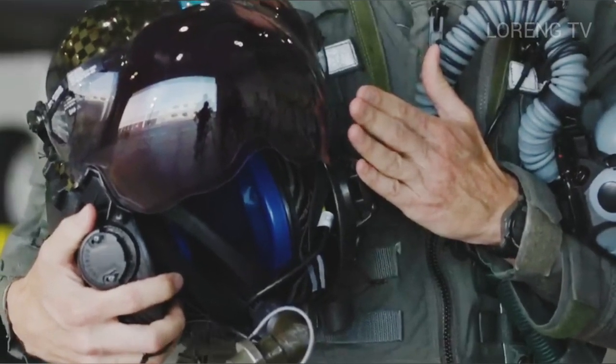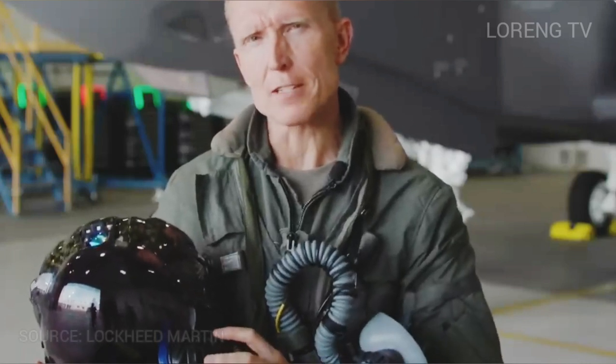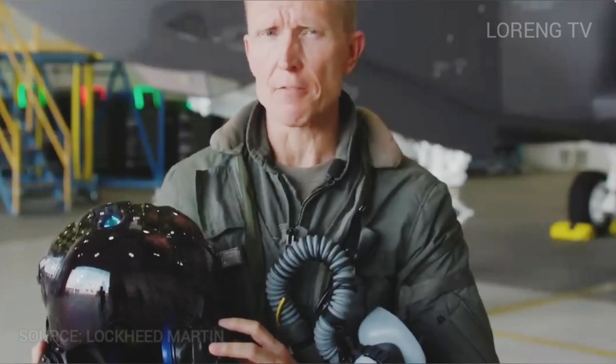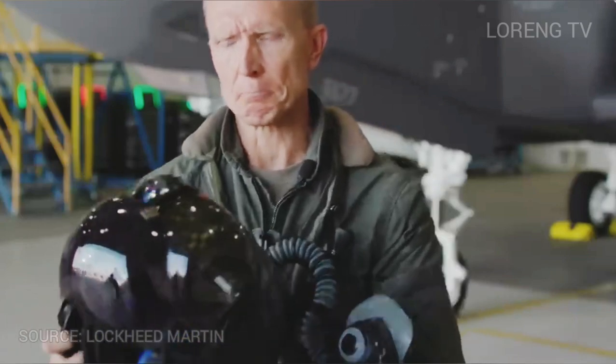And it's this fused information translated from the two-dimensional world of fusion into the real world. It's an augmented reality that puts all the basic flight information, fused data information, and the targeting information right wherever the pilot happens to look. And oh yeah,